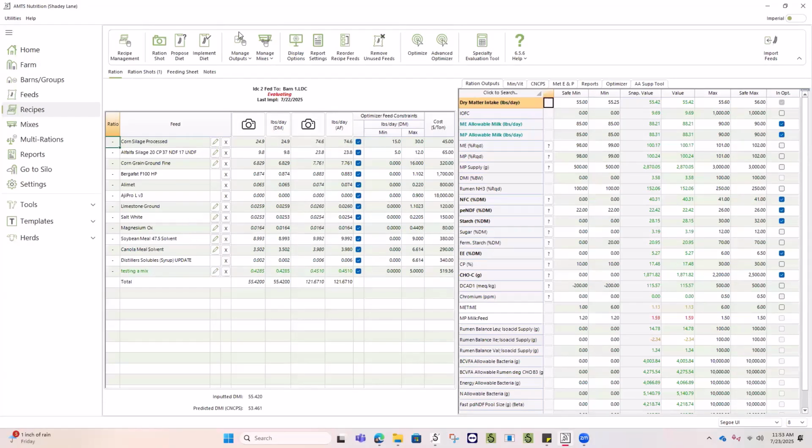So I can say proposed diet or I can say implement. Implement means this is being fed. Propose means I'm working on it. So I can click on proposed diet and that sends it to my silo. So if I click on go to silo,